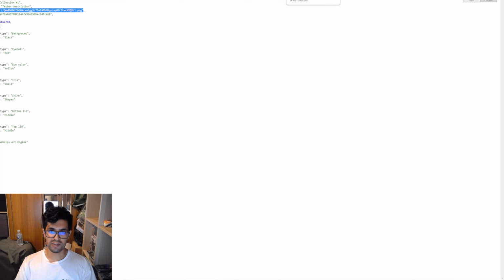So what Immutable X needs to do is get access to VeVe's off-chain data, integrate that into Mutascan, and then link the token IDs to that data. And then when you go on Mutascan, you'll be able to see your VeVe NFTs, all the descriptions, names, the image, all of that good stuff. And then yeah, that's pretty much it.